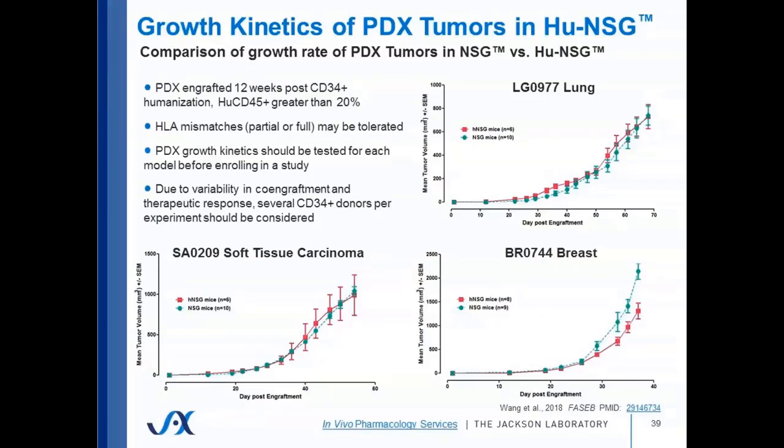One thing that we would want to first test in the OncoHu platform is the growth kinetics of the PDX fragments in the context of the CD34 humanized mice. To that regard, JAX researchers engrafted 3 PDX models in CD34 humanized NSG mice 12 weeks after they were engrafted with CD34 cells. In these 3 figures, you can see the growth of the tumor in total tumor volume in days post-engraftment. You can tell that for all 3 of these models, including lung, soft tissue carcinoma, and breast, the growth rate of the tumors was similar between humanized NSG mice, as seen in pink, and non-humanized NSG mice,